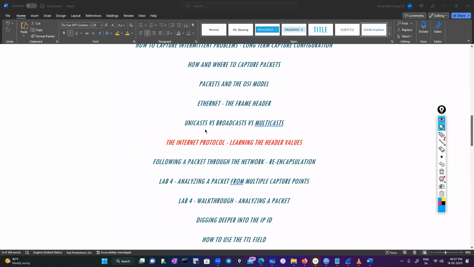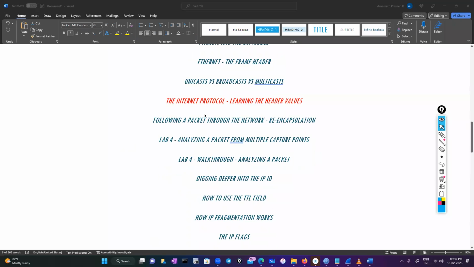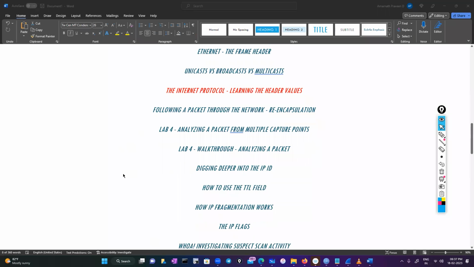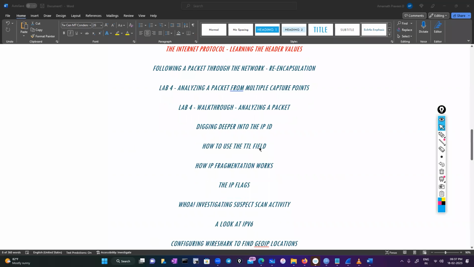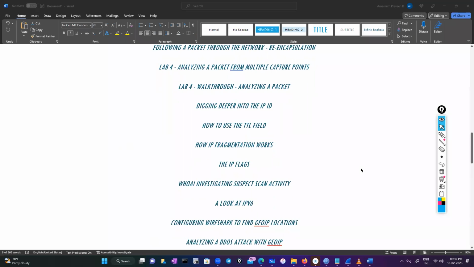Then we'll see how we can differentiate unicast, broadcast and multicast packets in Wireshark. And this is about layer 3. Analyzing multiple capture points, and analyzing a packet, digging deeper into the IP ID, the identification number, and how to use the TTL field. As I said yesterday, TTL is very important, and you can find whether routing is really happening or not. If your TTL is not decrementing, then there is a problem with the routing. And how IP fragmentation works,